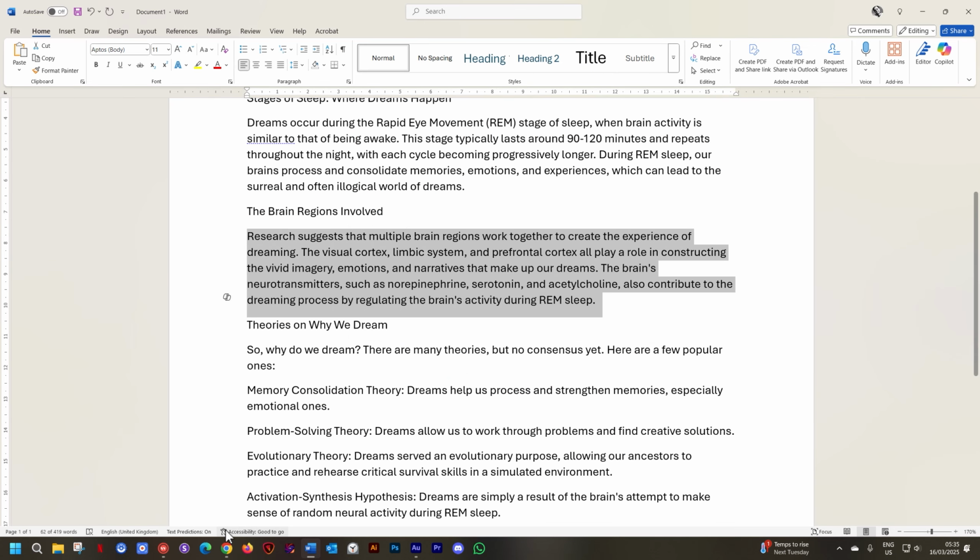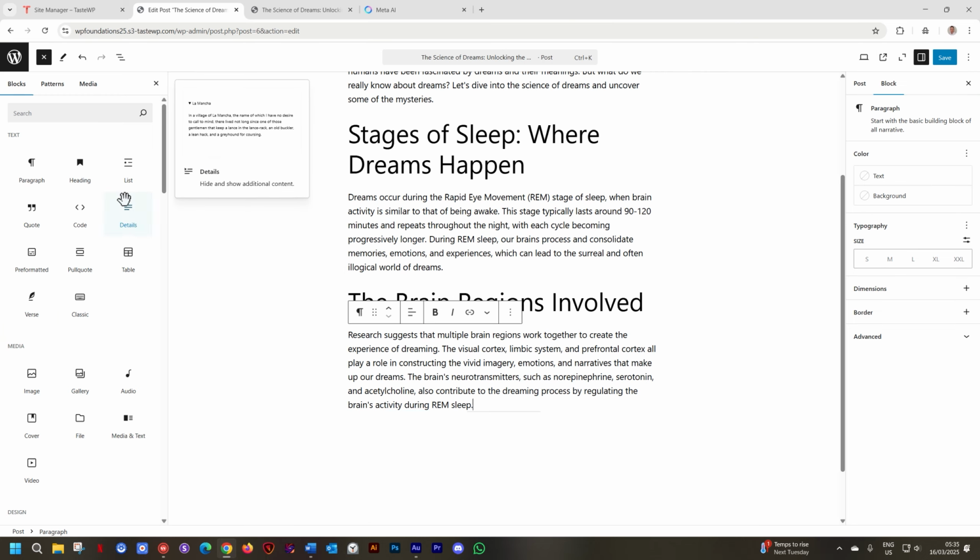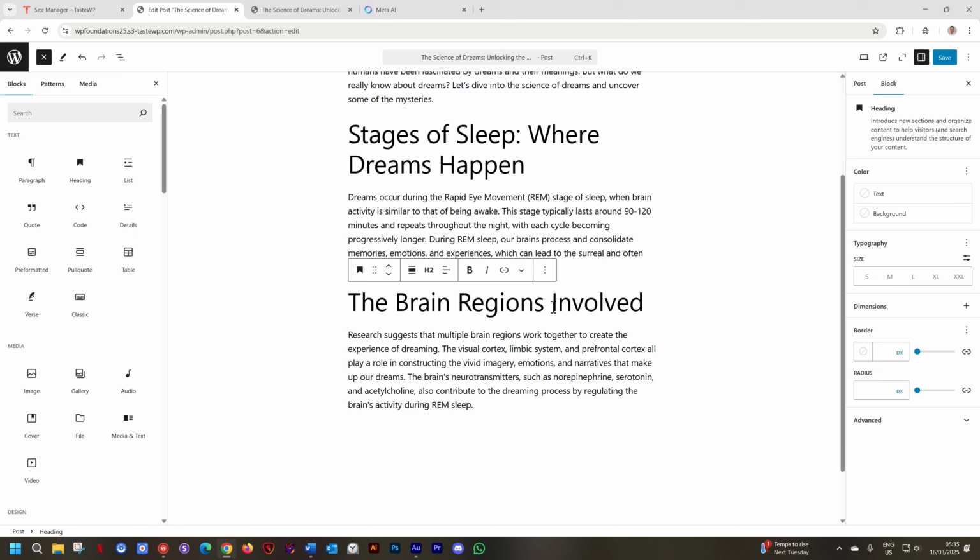I want to show you something different. Instead of bringing in blocks all the time, what's going to happen is that you're going to work with a block like this heading and that you're going to style it out and that you feel I want to just use the same format again and again and again.